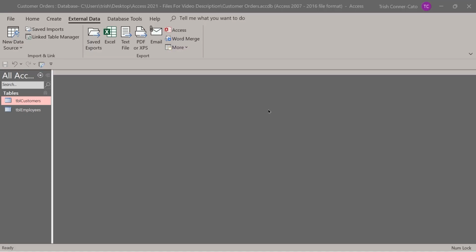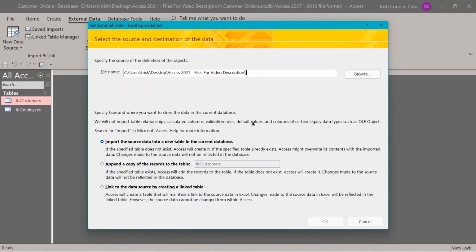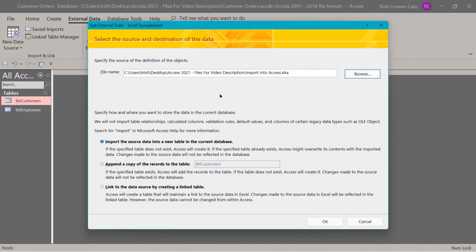And we're going to do a slightly different process this time because we haven't created these tables already in Access. So we're going to go back to our new data source from File, Excel. We're going to navigate to that same import into Access file. And this time we're going to leave it on the first choice, import the source data into a new table